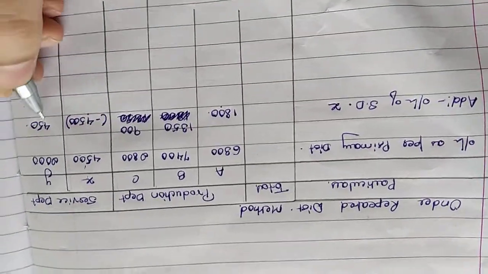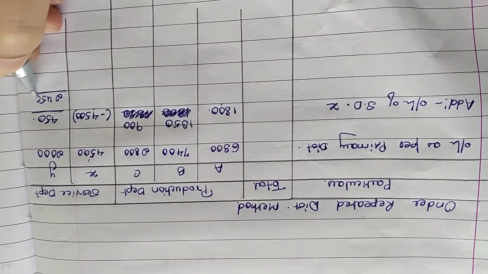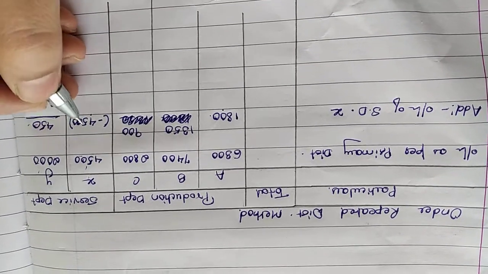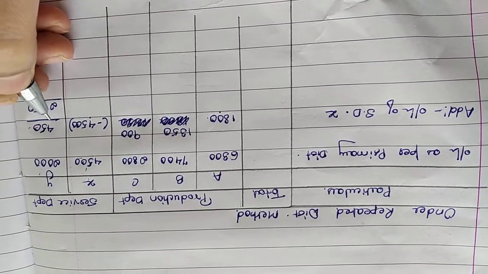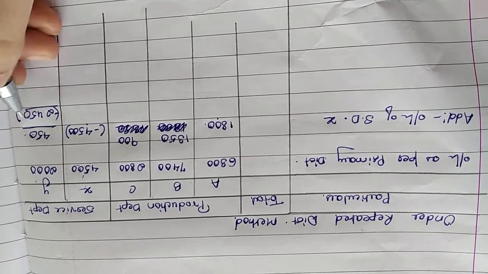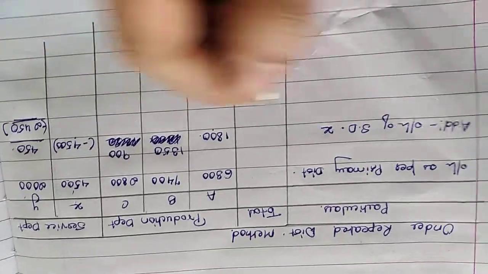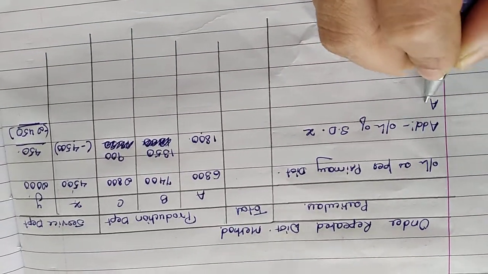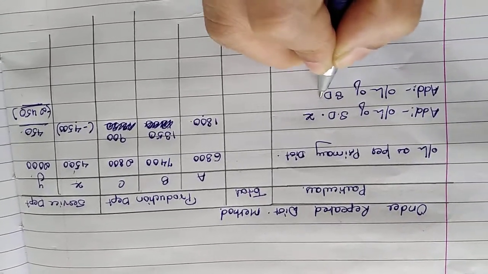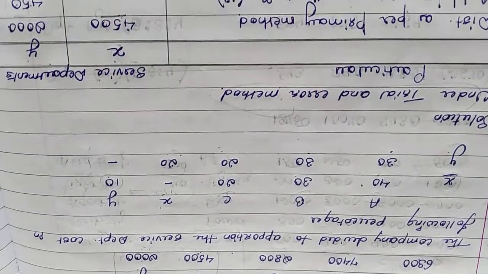Now I am supposed to add this. I am supposed to add to service department Y the portion that is given to it by service department X, and I am supposed to make it 2,450. Now this 2,450 I will distribute among the remaining departments. So I will write here, add overheads of service department Y in the given percentages. See, 30, 30, 20 and 20.